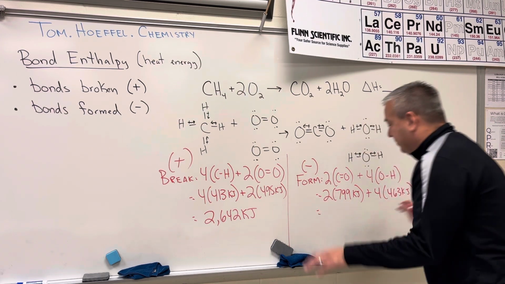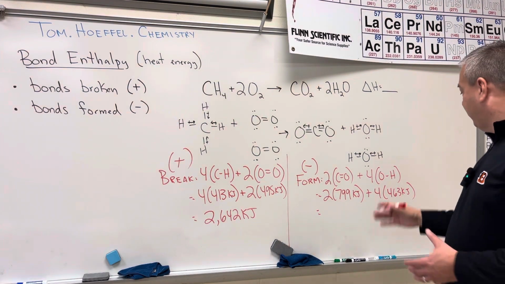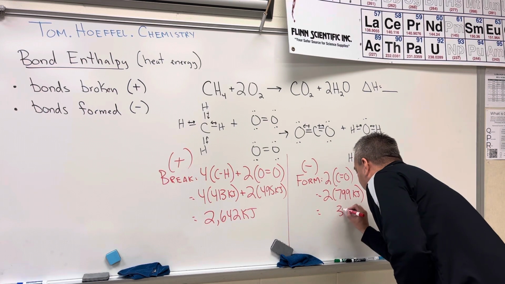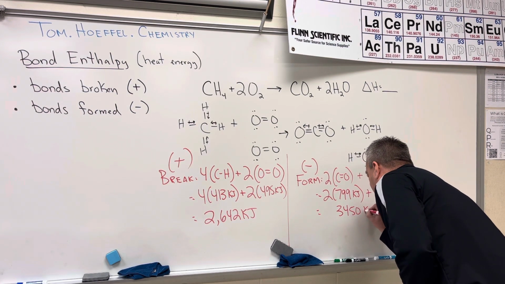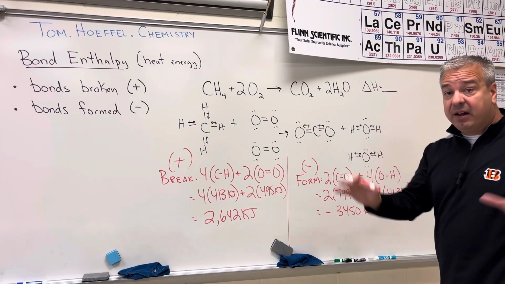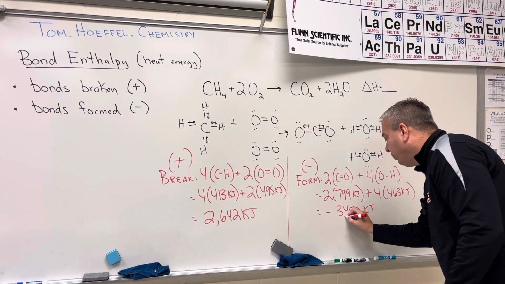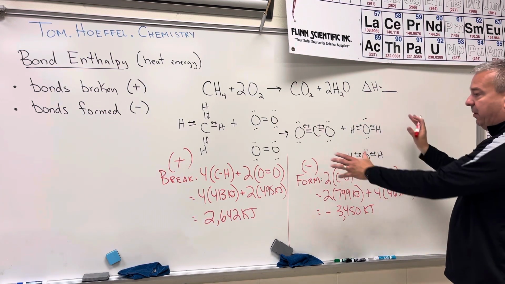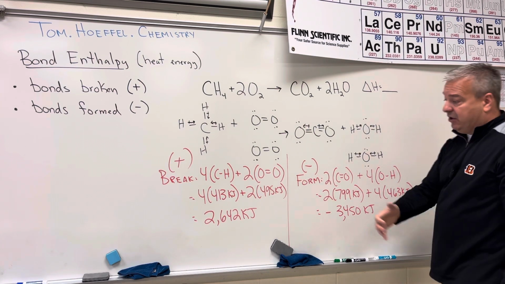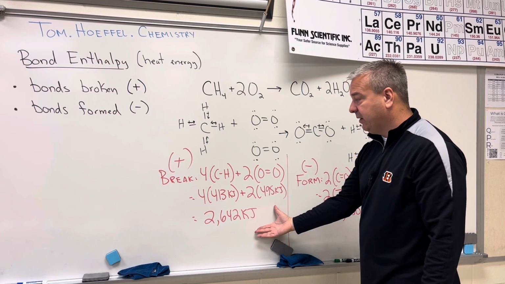And I'm going to do the same thing. I'm just going to total everything up. 2 times 799 and 4 times 463 gives me a total amount of energy of 3,450 kilojoules. Now remember, that's energy release, so I'm going to put a negative sign in there. Not saying that it's negative energy, it's just saying that this energy is being released when we form all these bonds. And really, to figure out your enthalpy change, you just take your bonds broken, which is 2,642,